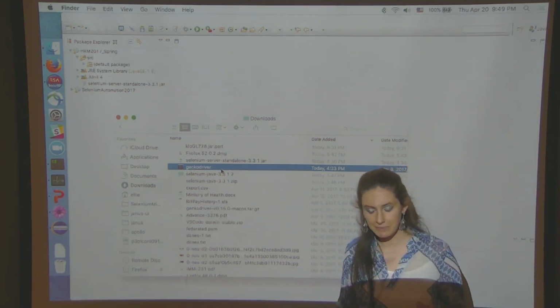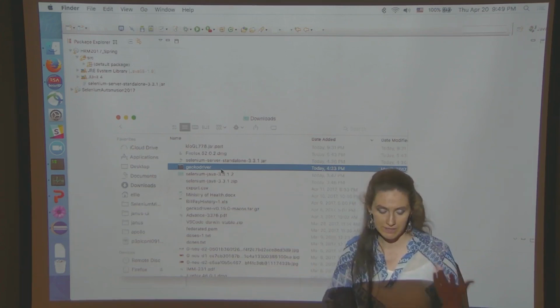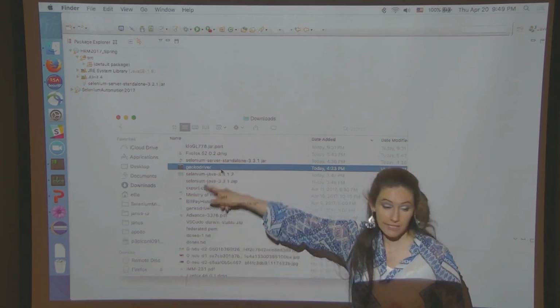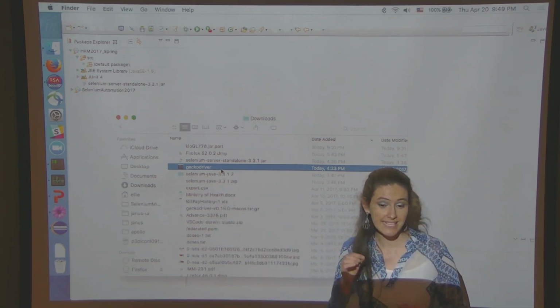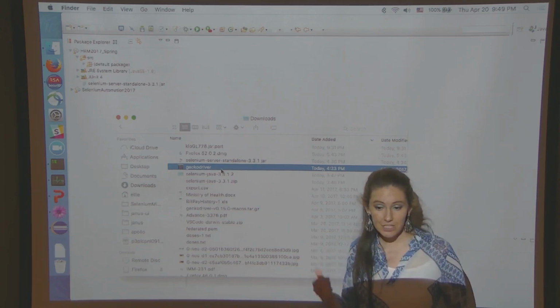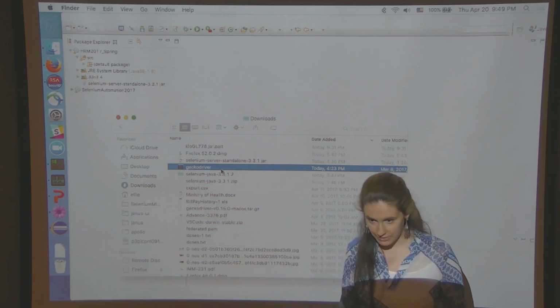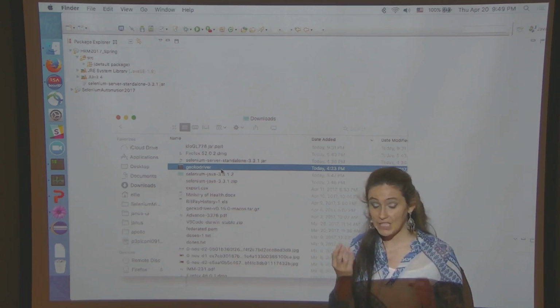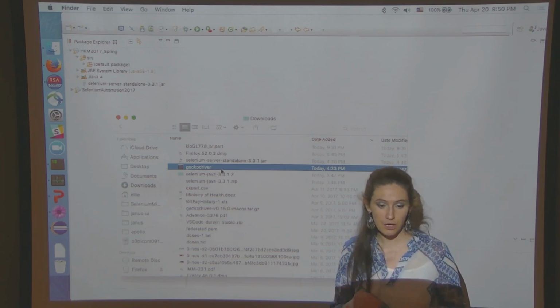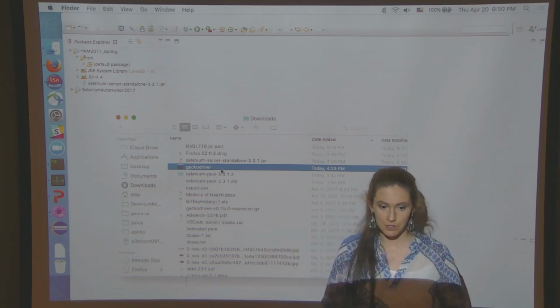It's not going to be a zip. Some of you will have a tar, some of you will have a zip, some of you will have a package. Anyways, open it up. Inside you will have a Gecko driver. If you're on the Windows, you will have a Gecko driver.exe. If you're on a Linux or a Mac, you will just have a Gecko driver. Either way, that's an executable. You need to put it into your project. Just like you did with a jar file, put it into your project.